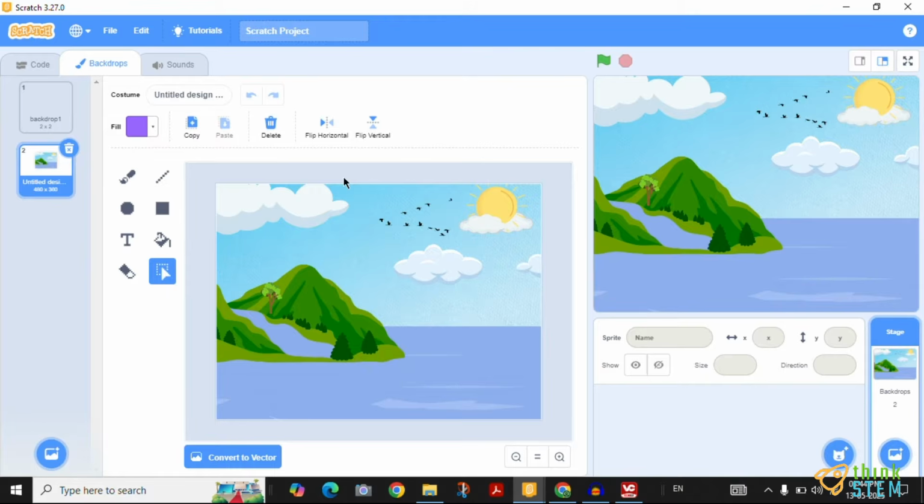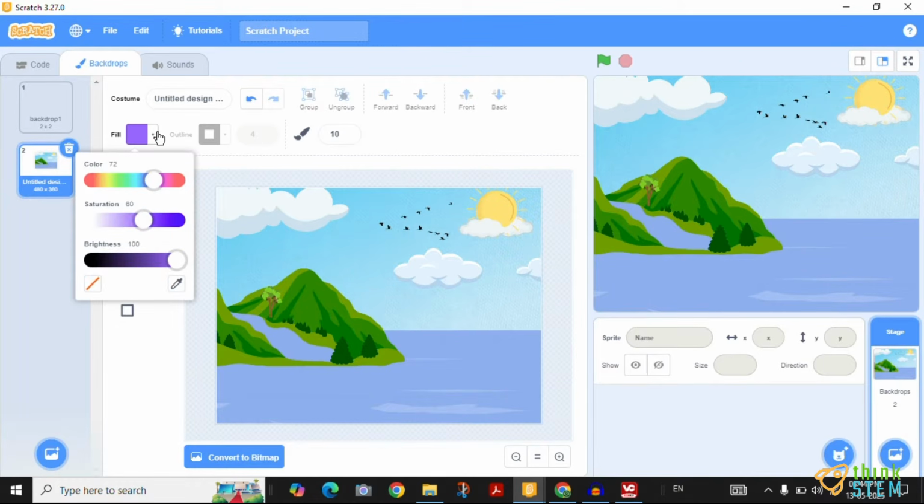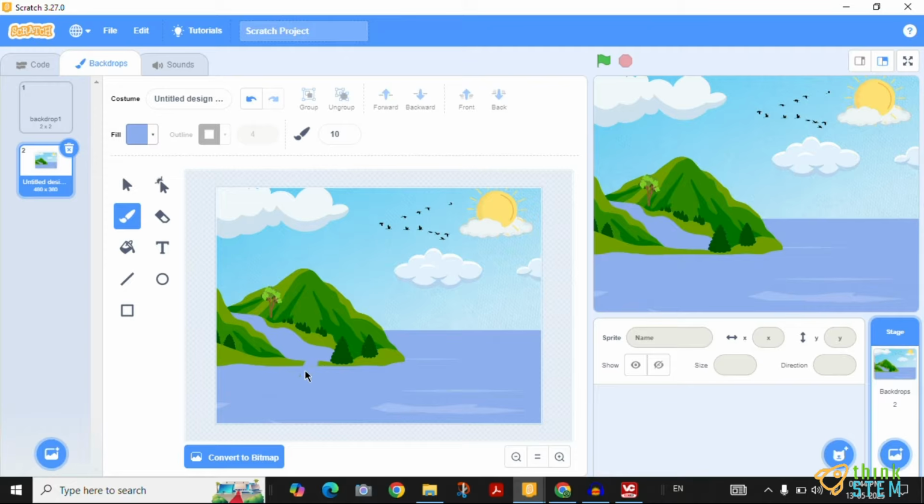Here you can see there is grass, so we have to remove this grass and just color it. So we have to take this color and remove this grass with the